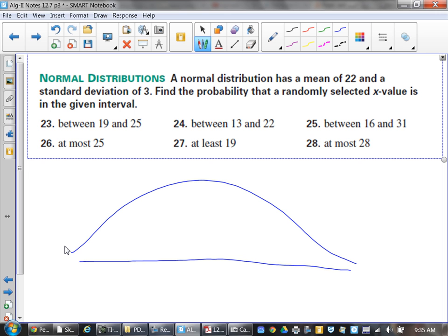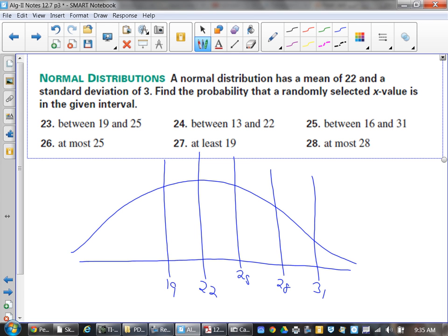Normal bell curve. Your average is in the middle, and the standard deviation is how much you move up each time. So here's going to be 25, 28, 31, 19, 16, and 13. You only have to have those values on there because that's plus or minus 3 total standard